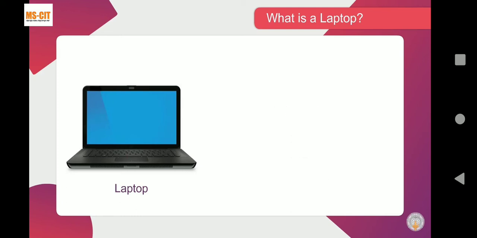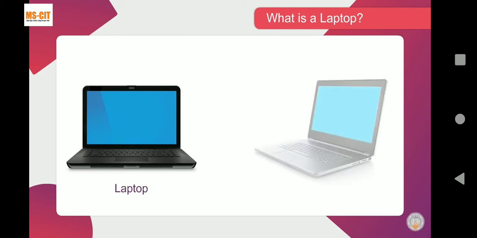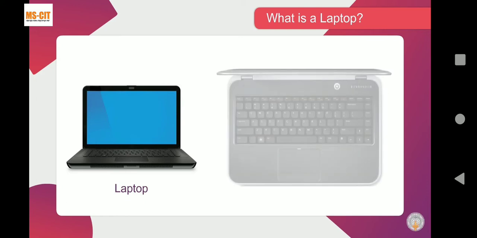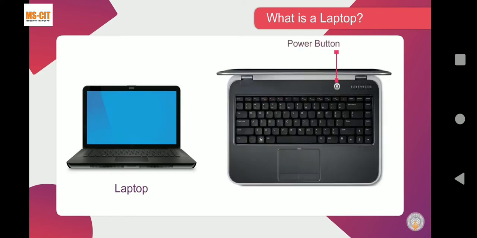Using a laptop for the first time can be a slightly different experience. But don't worry, it's different, not difficult. Let us first understand the basic parts of a laptop. This is the screen. This provides the visual display of the graphical user interface. This is the power button. This is generally located above the keyboard and can be recognized by this icon of a circle with a vertical bar. This button is used to start and shut down the laptop.